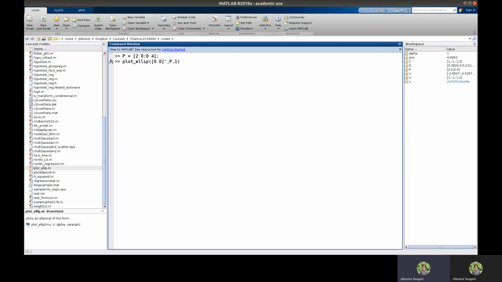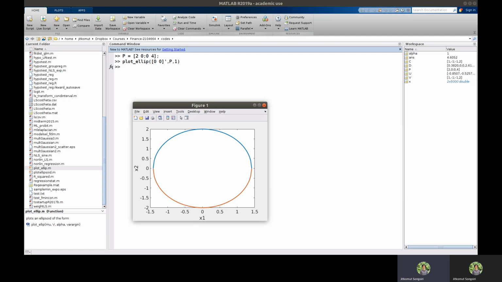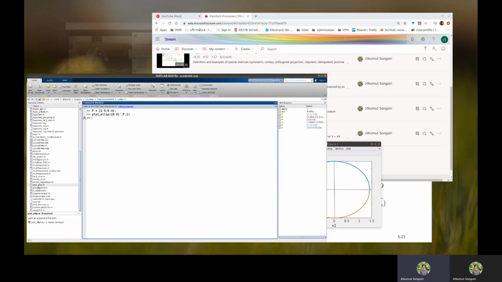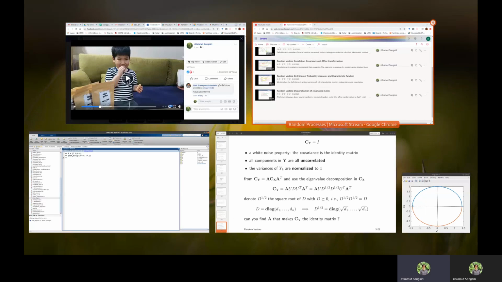Okay, center at 0. Alpha is 1. Now let's see. You will see that this is an ellipsoid with the principal axis on the standard unit vectors. And the width of the ellipsoid is going to be, because here